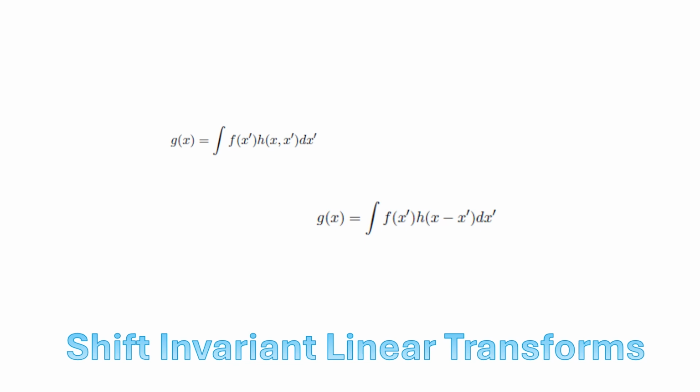This is typical of imaging systems, where the h would be a blur function that occurs wherever there's data within the image. But the Fourier transform is not a shift invariant linear transform, but it is very useful for us in analyzing shift invariant linear transforms due to the Fourier convolution theorem. If we look at our shift invariant transform and take the Fourier